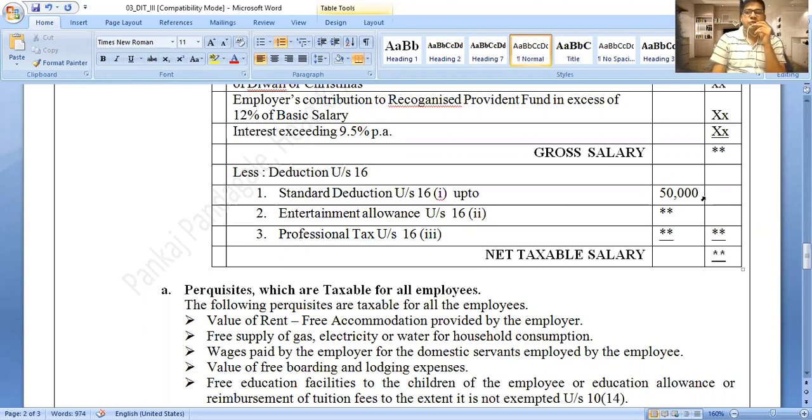Sometimes what happens? You are the employee and you are paying a certain amount for employment purposes. Sometimes you are purchasing books, or spending expenses for employment purposes. For such expenses you are paying for the purpose of employment. Therefore, you will get standard deduction and it is up to 50,000. Then the second deduction that we are going to give,